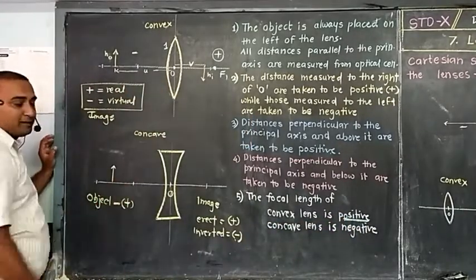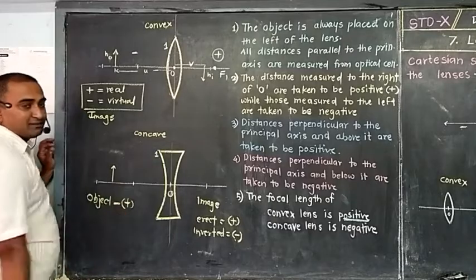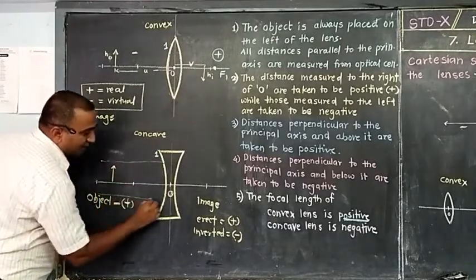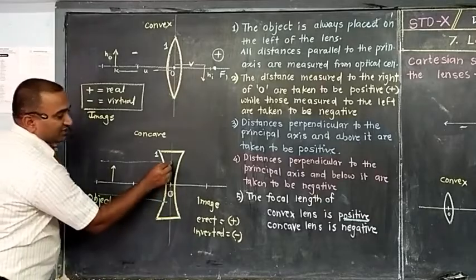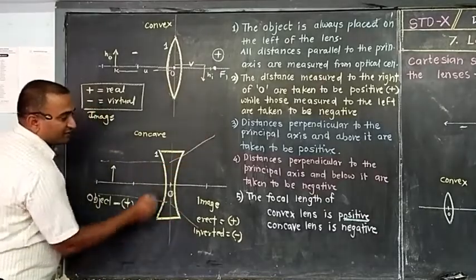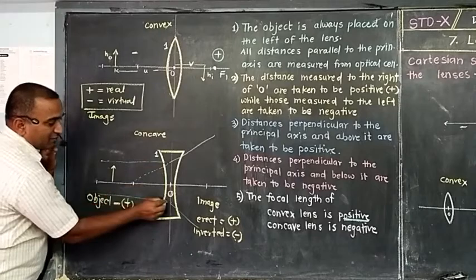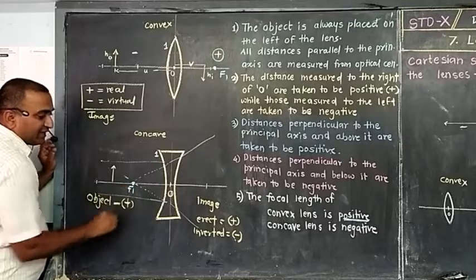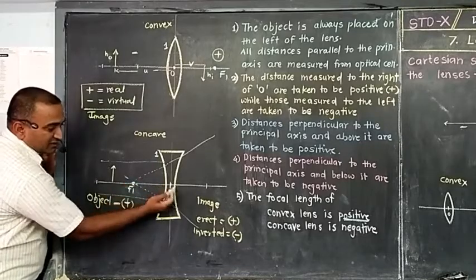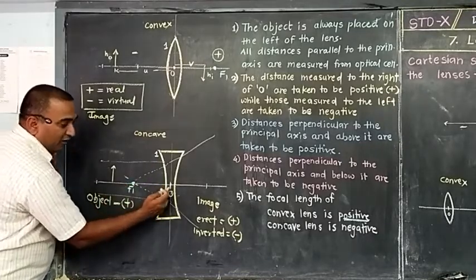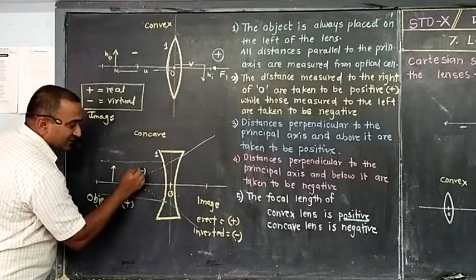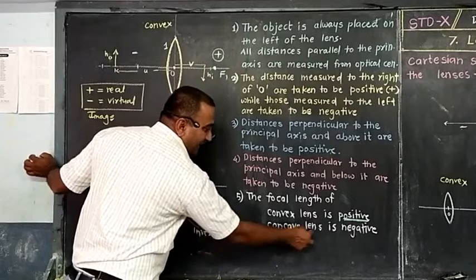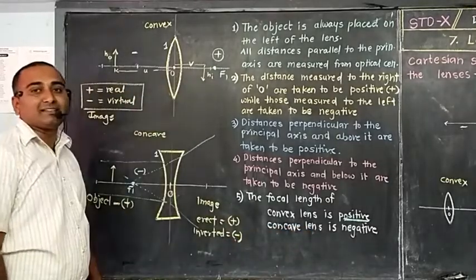Okay, come to this point. This is curvature number 1. All the rays parallel to the principal axis, after refraction, will diverge, and after diverging they will meet, imaginary meeting, at one place. As we are getting F1 here, the distance towards the left side of the optical center is always negative, and so a concave lens has a negative focal length.